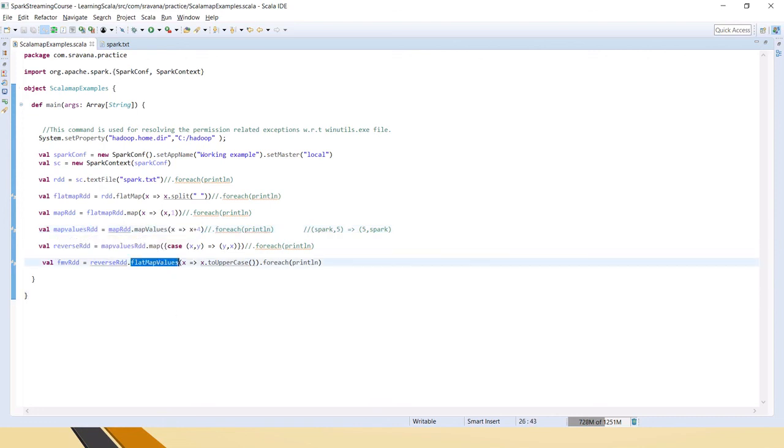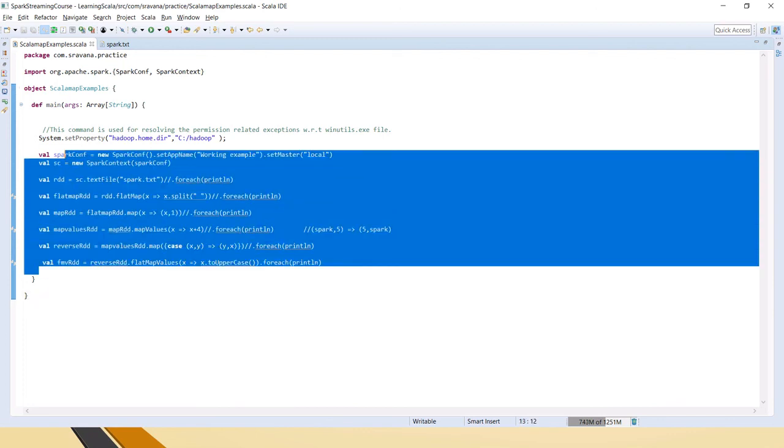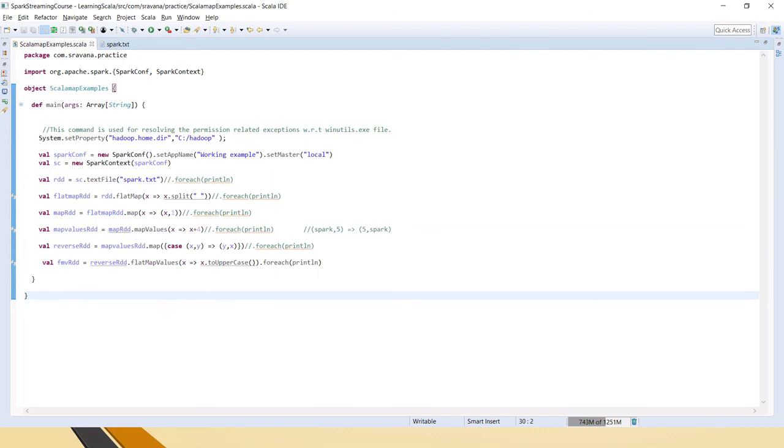Similarly, flatMapValues can also be applied on a pair RDD, and the flattening and whatever functionality you mention will be applied on the values of a pair RDD for each associated key. So this is the main difference between flatMap and flatMapValues.